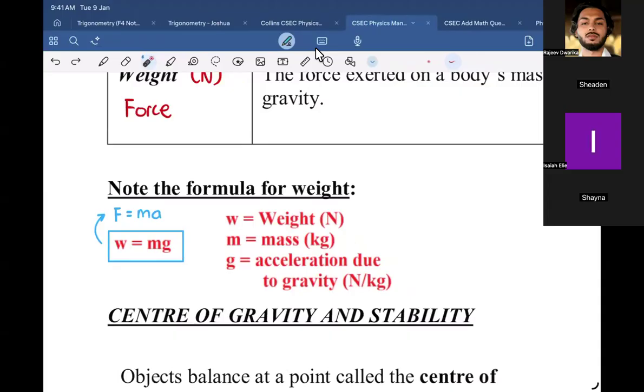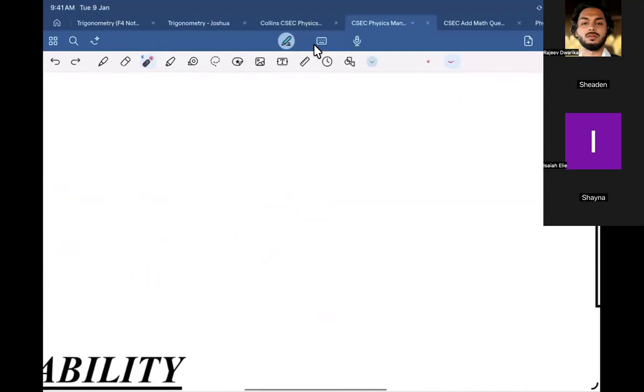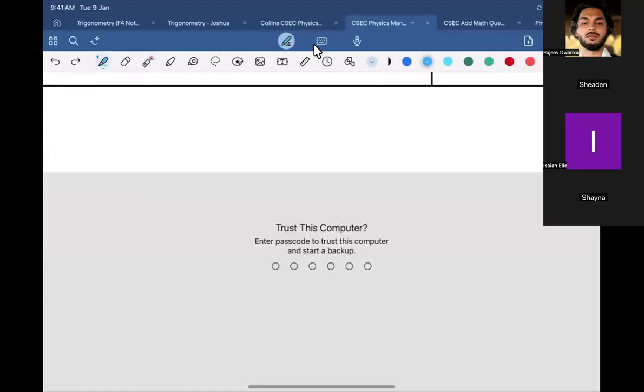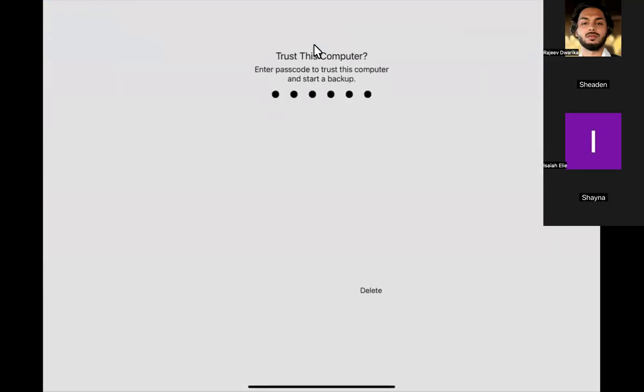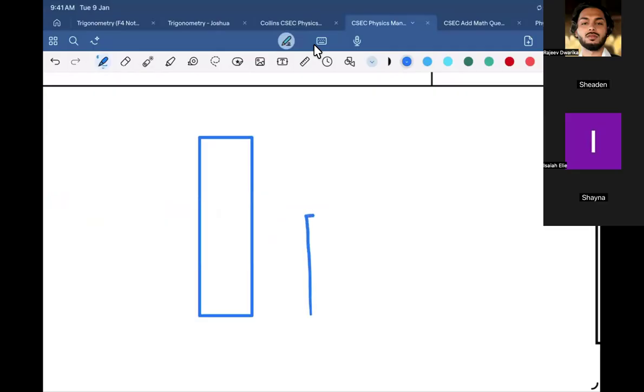Before we move on to center of gravity, just a common sense question. Which object do you think would have greater stability, a very tall object or a very short object? Which one will be more stable in the event of an earthquake? A short object. It makes logical sense, right? But do you know why? Shay, do you know why? Isaiah?